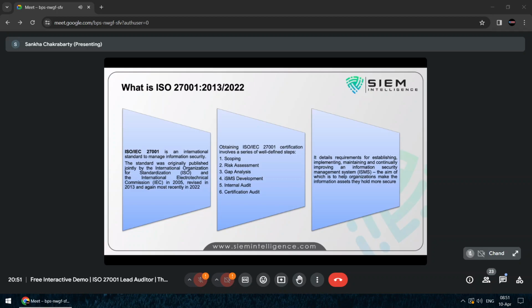If you are going for the Big Four consulting firms, there are lots of projects going on for this ISO, because I'm coming from a Big Four background. I was at Deloitte, PwC, and I've worked in KPMG, so three Big Fours I have worked in, and there are lots of projects for ISO. So if you become an expert on ISO, the market is open for you. It's not that you are restricting yourself only to IT. You will be a field player in all aspects of the domains.